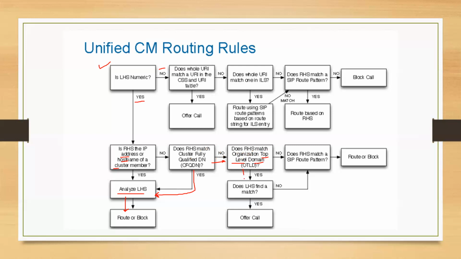If it matches, then it will ask, okay, does LHS find a match? This LHS, what we were talking about earlier, numeric. If it finds a match, then yes, it will offer the call. Okay, if this LHS does not find a match, then it will go to this no. Okay, I'm unable to find a match with the help of this LHS. And now it says, does RHS match organization top level domain? If it doesn't match, then it will check, okay,